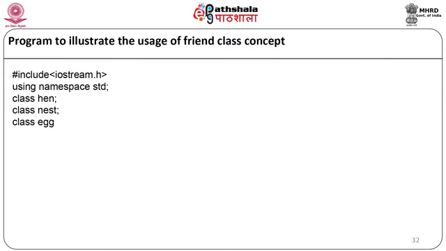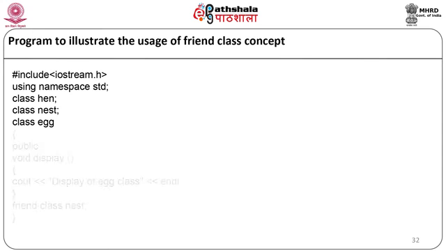We will start here. Now here the friend class concept is applied to 3 classes. There are 3 classes that we are going to declare. So here the first 2 classes will have the forward declaration, and for the third class the proper definition will come. So let's start with our program: #include iostream, using namespace std. First, class hen; this is a forward declaration for class hen. Class nest; this is a forward declaration for class nest. And then we will start with our third class,